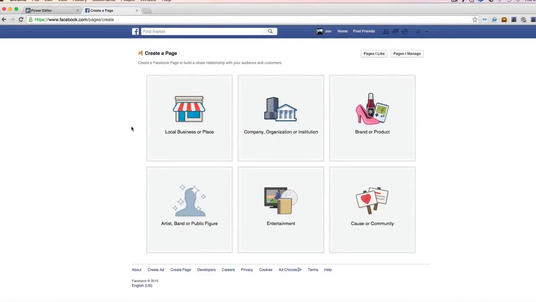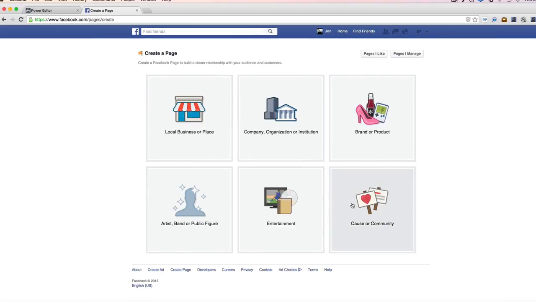Hey guys, I wanted to show you a couple ways of how I set up ads in Facebook. So the first thing you want to do is you need to have a fan page to actually post your ads onto. So in this example, we'll go again with a fishing niche,